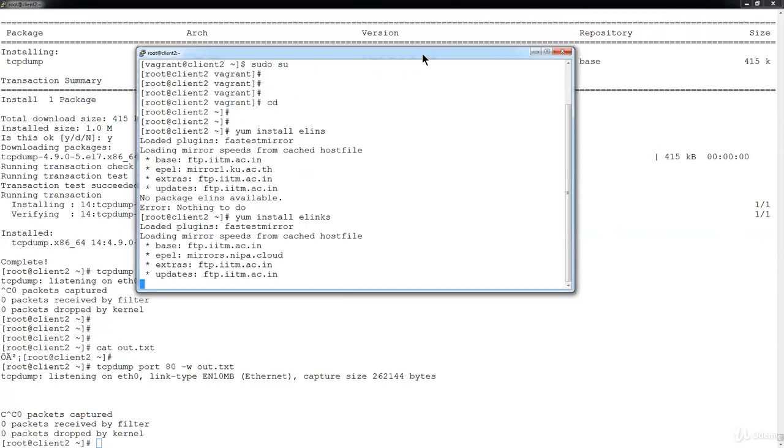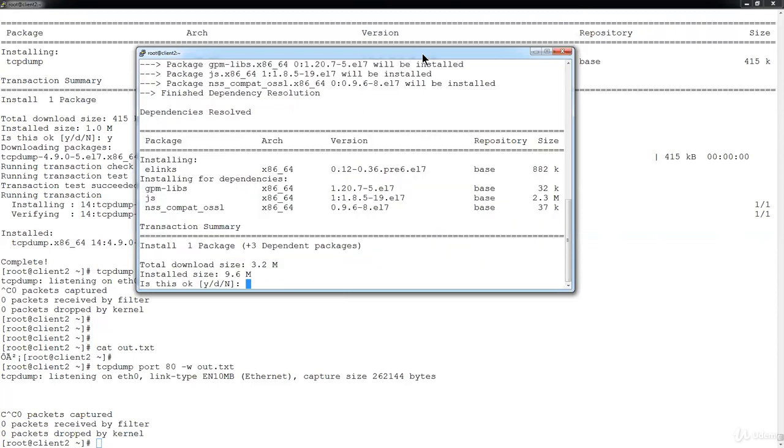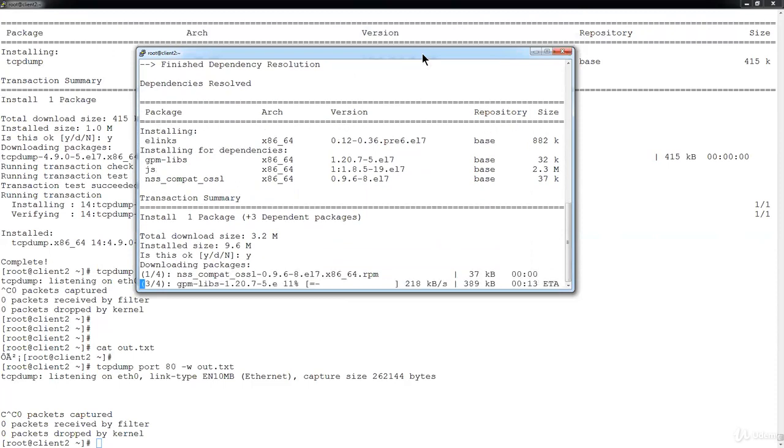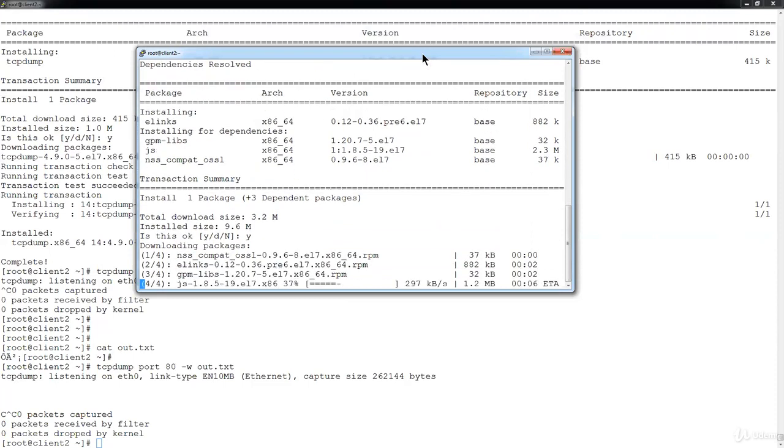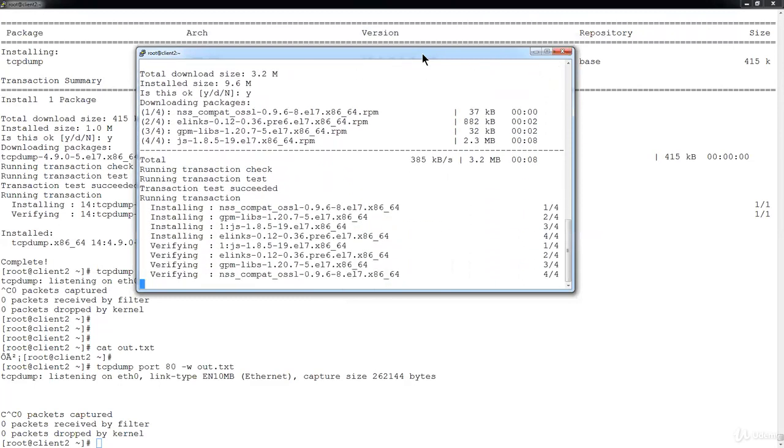So elinks is a text-based browser. So basically we can browse the site, but it will be text-based. We cannot get any graphics. So it got installed. Now let's run the command